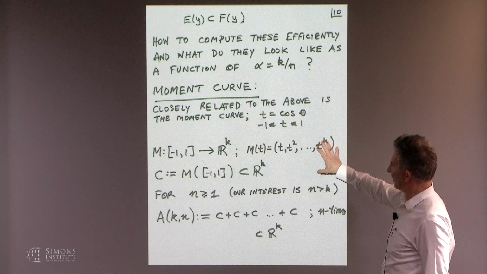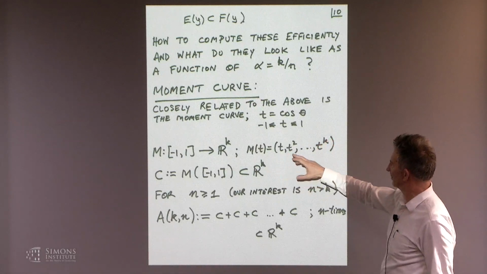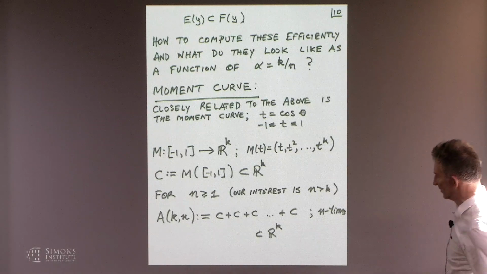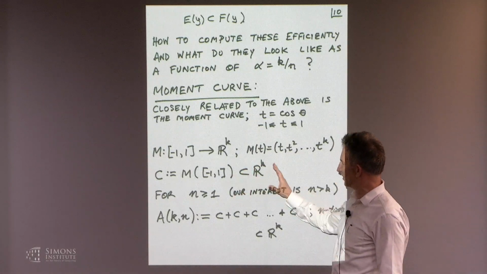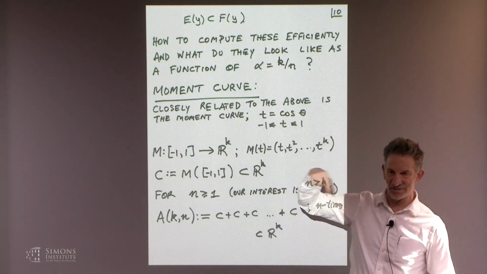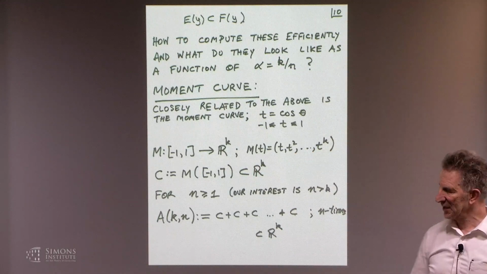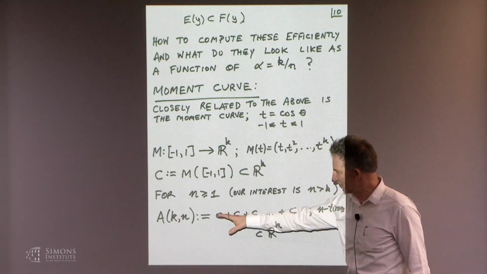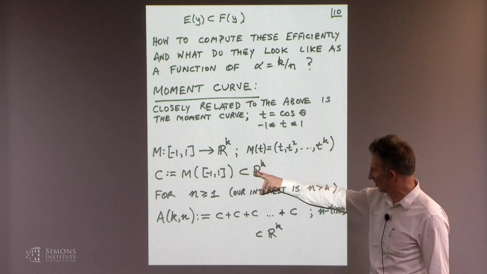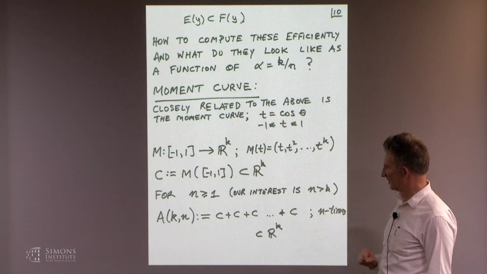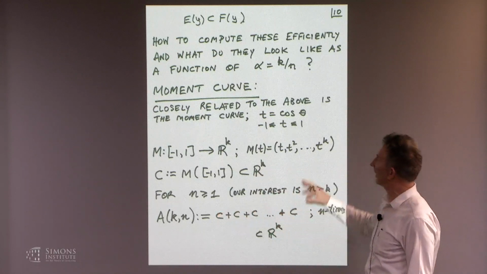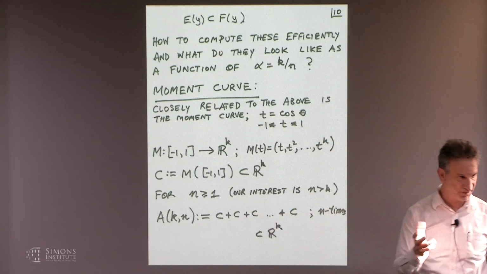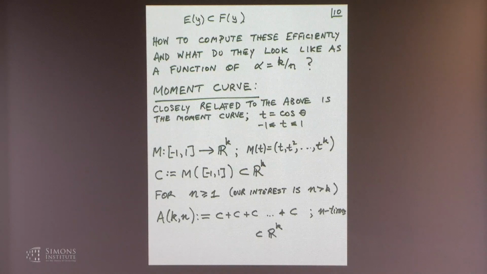The moment curve is the following. The moment curve is this t, t squared, up to t to the k in this notation. I take the image of [-1,1] in R^k. So this is a twisted curve like this. That's the moment curve. And I'm now going to define the key sets. So A_{k,n} is the sum of C plus C, this compact thing in R^k, n times. So A_{k,k} is the case where I can recover all the coordinates up to order k by solving with Newton's equations